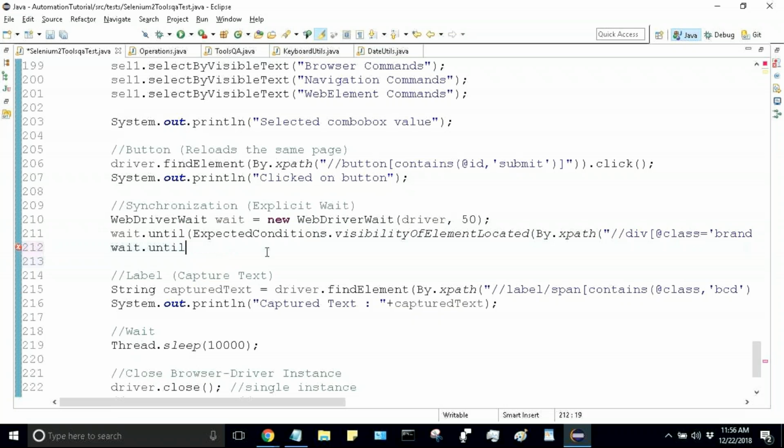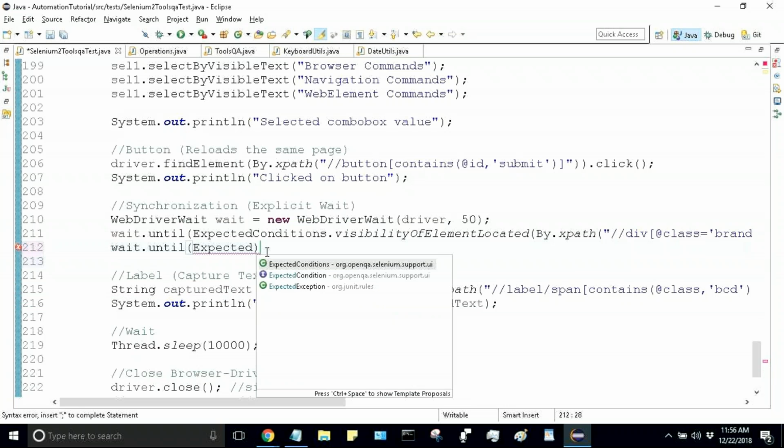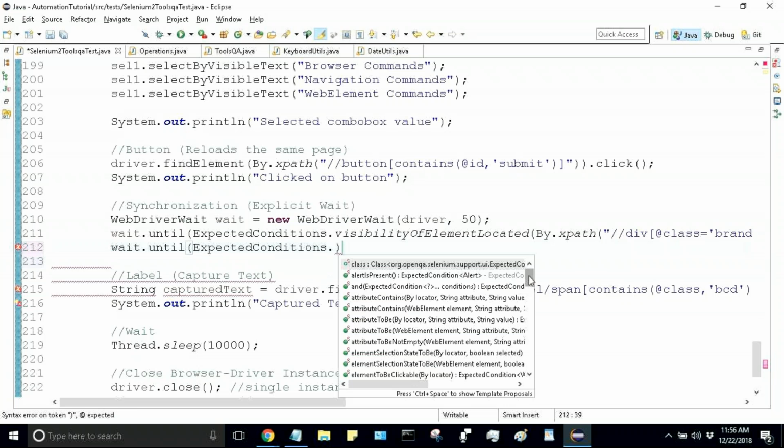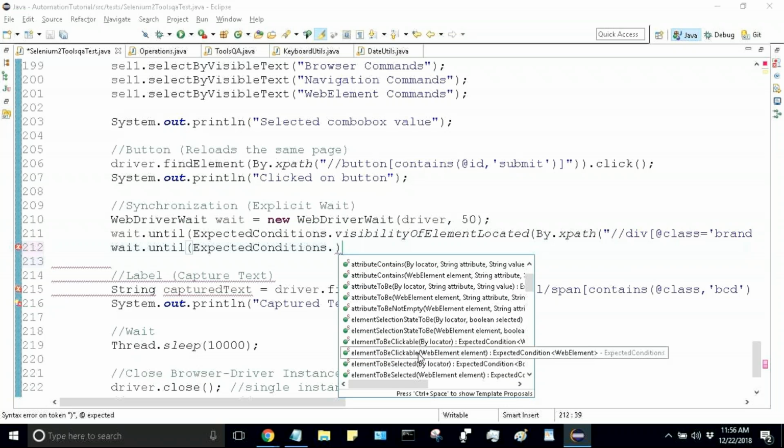So now ExpectedConditions is a class, which is part of Selenium support.ui, but it has many functions inside it. Until what do you want to wait? I want to wait for the element to be clickable. Sometimes the element object is displayed but it is not clickable, so I want to wait until that point, or for the element to be selectable. Everything takes a By locator, so all I have to pass is By.xpath. That's it. So there is invisibility of element sometimes, or yeah, this is one of the most used ones,